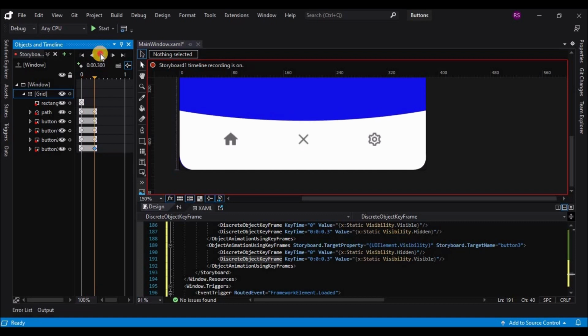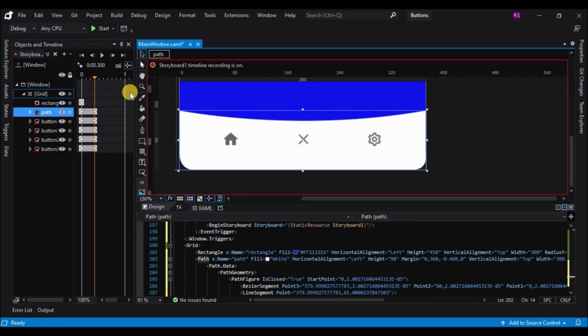So before that, let's add a trigger so that we can trigger this animation on a button click. So which is that button? That button will be the plus button. Before that, let's take a note of the last position of this animation.